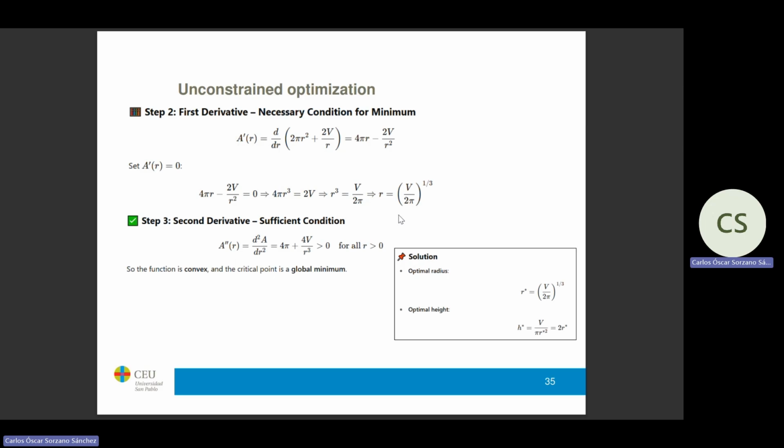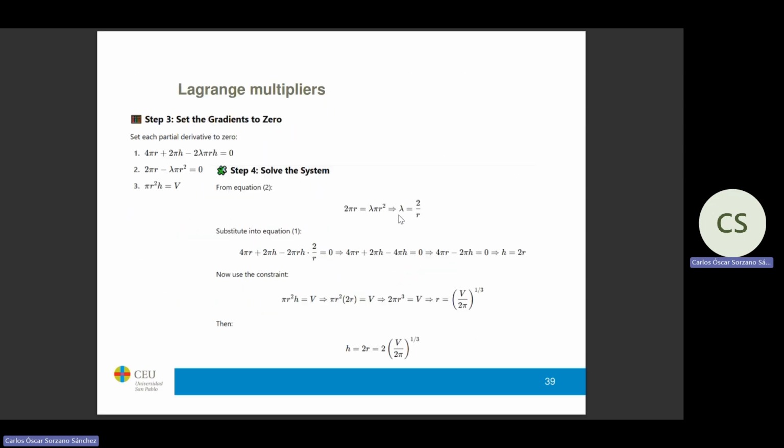So a cubic root of 3 divided by 5. Say, one that we have here. And now because we know the relationship between H and R, we can substitute there and we know H. Okay, so this is reassuring that we are getting the same solution as we had before, but now we have